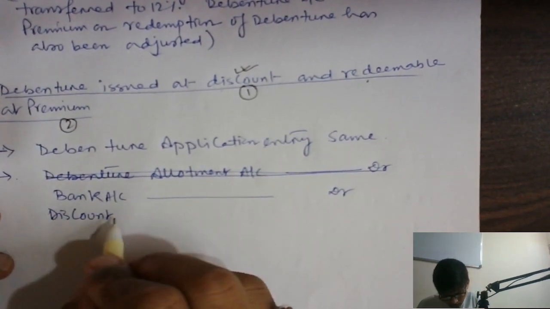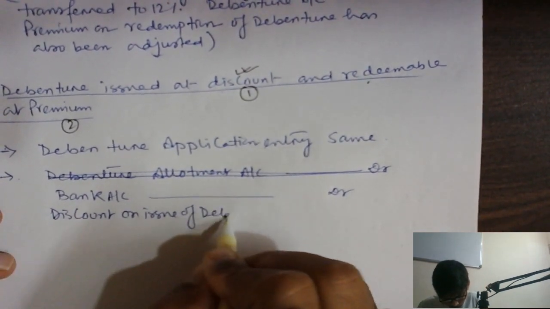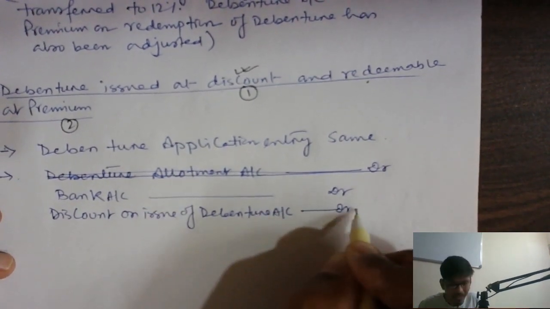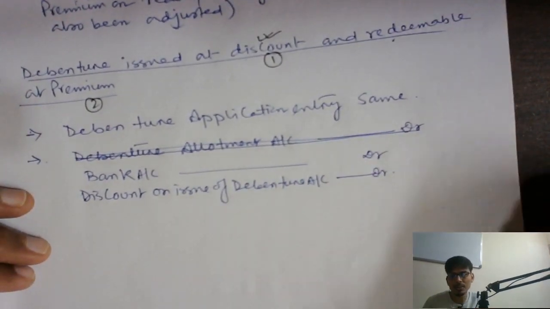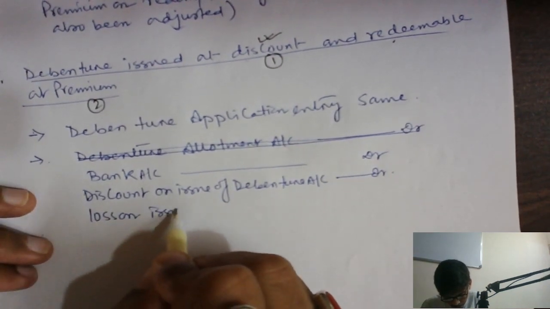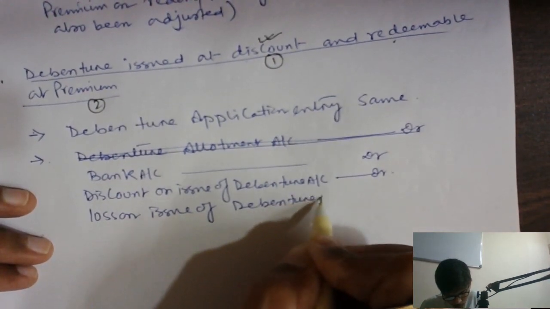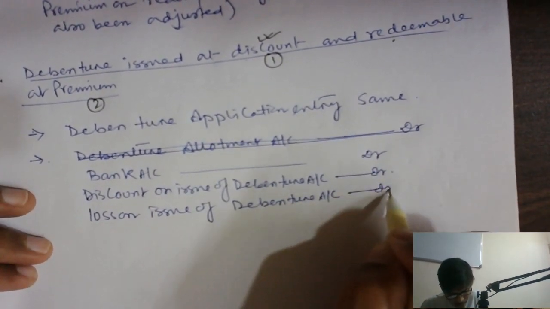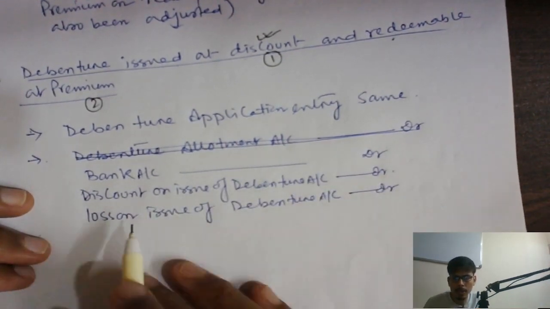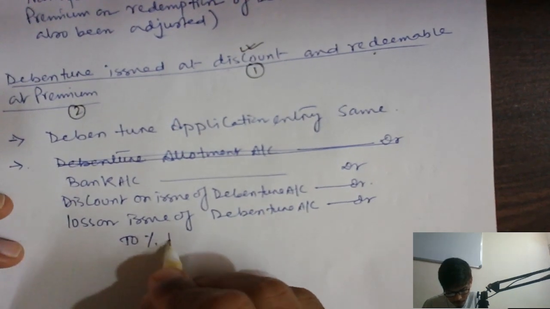Okay, discount on issue of debenture, so the student can understand very easily. I am making extra word, extra like entry only: loss on issue of debenture. I make two different accounts so to understand it very much clearly. Bank account debit, discount on issue of debenture account debit, loss on issue of debenture account debit to percentage debenture account